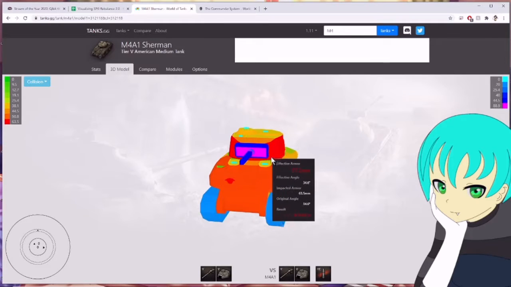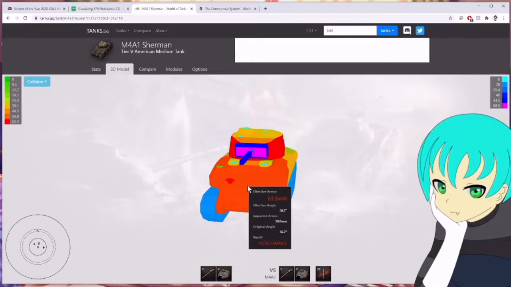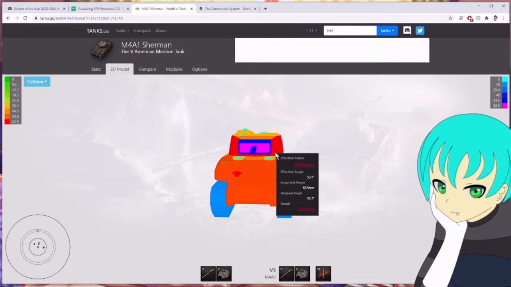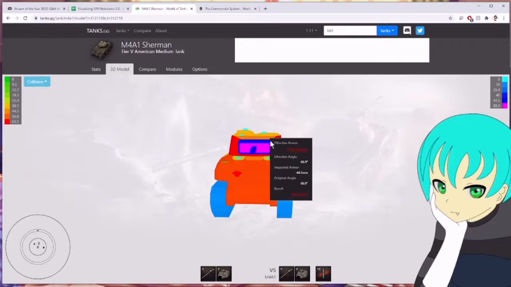It won't splash down, and if I hit here, it's going to calculate based on 77 millimeters, not splashing down into a lightly armored plate and doing 200 damage. So basically, HE shells will not have the kind of splash that they have now. They'll calculate based on how thick the armor is where they hit,